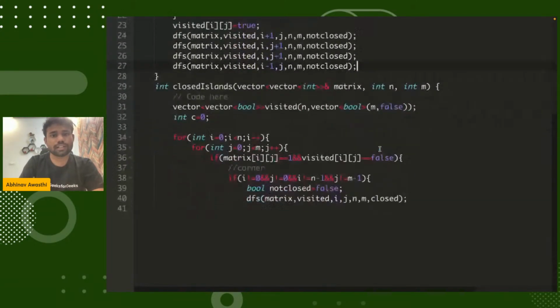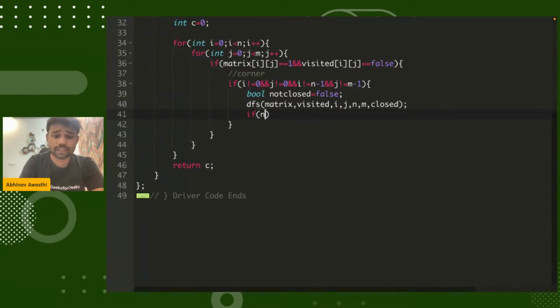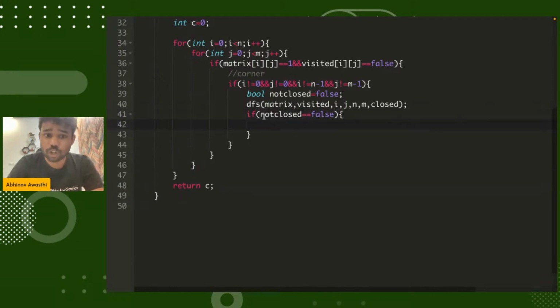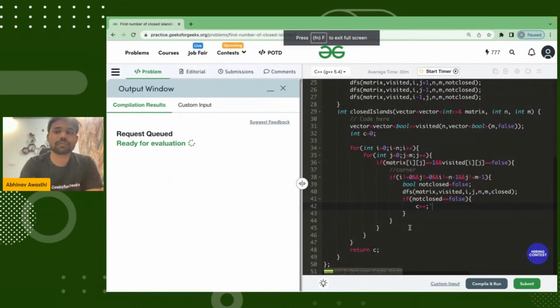Got it? Now guys, at the last what we will do, we will simply return my count. Now here, if not closed is false, meaning if that island is closed, that means I will increase my count. Okay, that is what we'll do. So if you will compile this particular code,